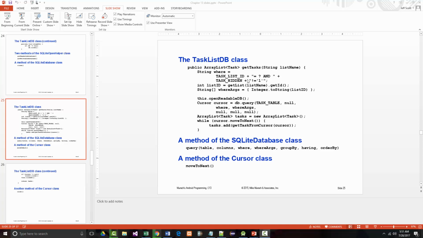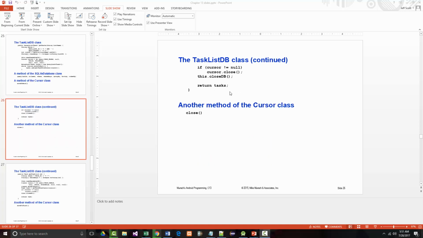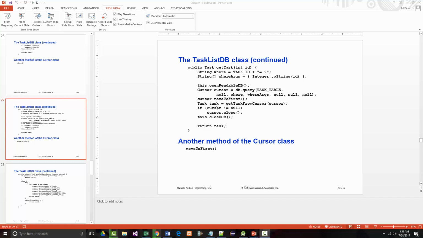Now this is going to retrieve multiple tasks. Sometimes you don't want that. You only want to retrieve just a single task. So the second method that's shown here in figure 13.9 on page 419 shows how to code the getTask singular method. It works similar to getTasks, but it only retrieves a single row. The declaration indicates that it returns a task object with the specified ID. The first two statements that you can see in there define the condition in the where clause